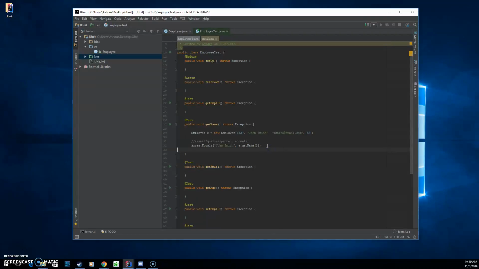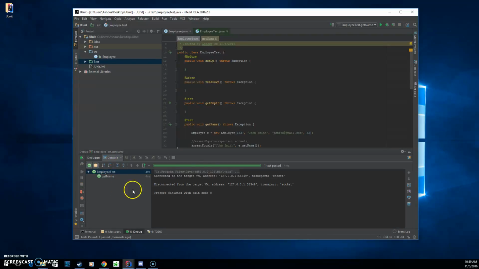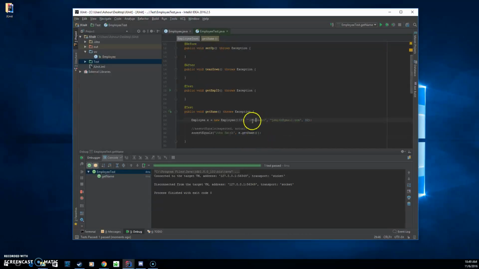Now to run this, it's the same as you run any class. You can press F9, and it shows you a bunch of options. It says if you want to just test the employee test getName, or if you want to test the entire class as a whole, you can do one or the other. So we're just going to hit getName, and then it should pass once it runs. So there we go. Now if I change this so that when it gets name, there's no space in between John and Smith,